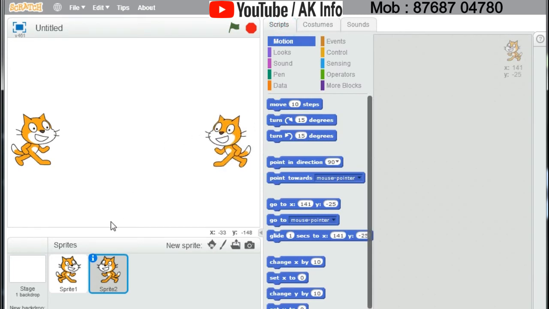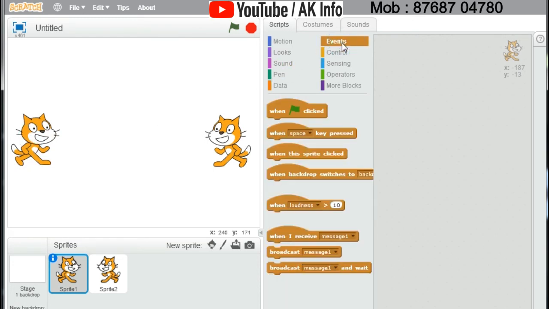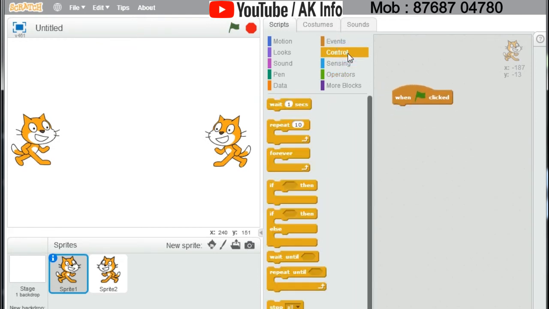Now click on sprite 1. Go to event block and click and drag when clicked. Now go to control block, take repeat 10, change it to 30.